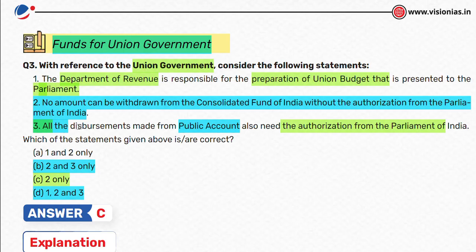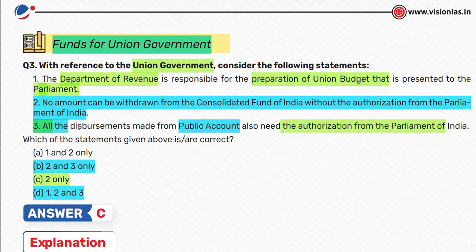We have a very big country, so there must be disasters. For the disasters you need to have quick funds, quick money in a very short period of time. So for that matter you will go to Parliament and wait for the authorization of Parliament. You will wait for both the houses of Parliament to clear the fund and then get it assented by the president. So it will take lots of time, around 10 days. What will you do then when there is an immediate necessity of funds to manage the disaster?